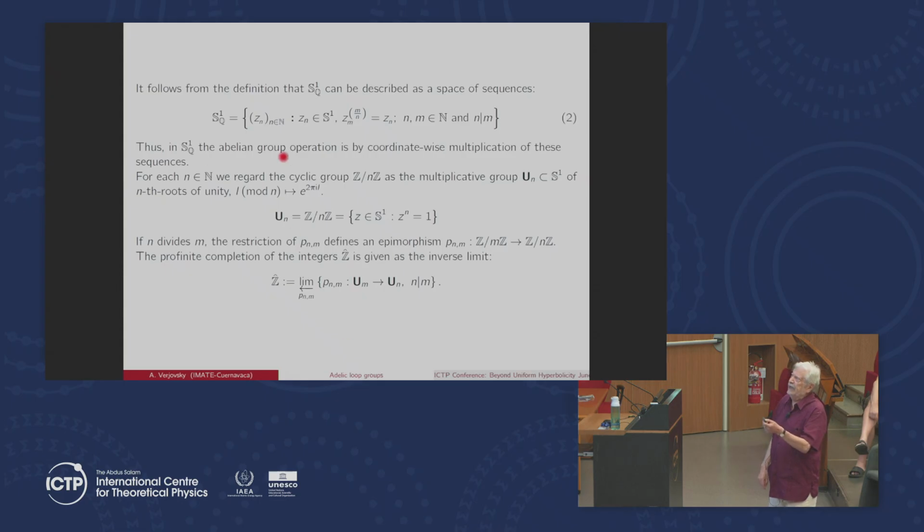Now, for each n, we can regard a cyclic group of order n. The best way to think of this cyclic group in this context is as the roots of unity, U_n, the points of the circle whose nth power is 1. If n divides m, there's a map from one to the other. And I like to think of square root, cube root, etc. So you think of a family of regular polygons as the visualization of that. You have a map like that, and then